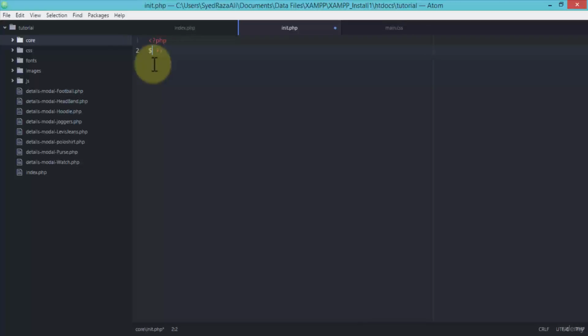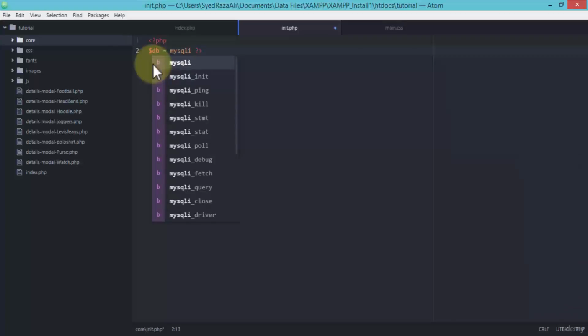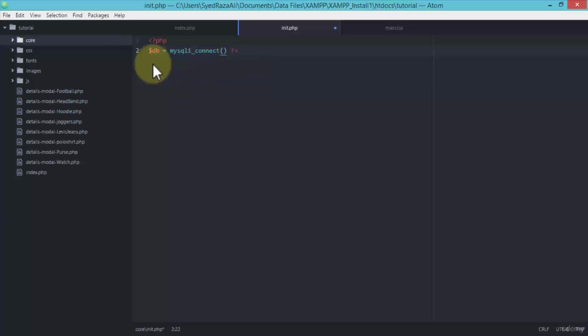I'm going to start with my string $db and start with my mysqli_connect. And then I specify my localhost. Okay, so the IP address is 127.0.0.1, and this is the IP for the localhost regardless. Of course I need to make sure my syntax is correct here. And then comma. Next I'm going to specify the username, which in this instance is root by default,